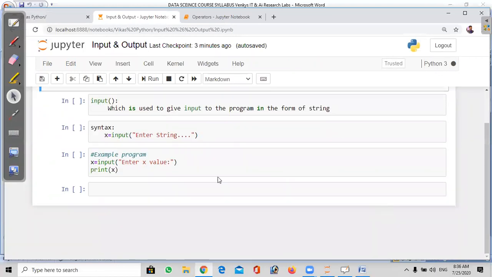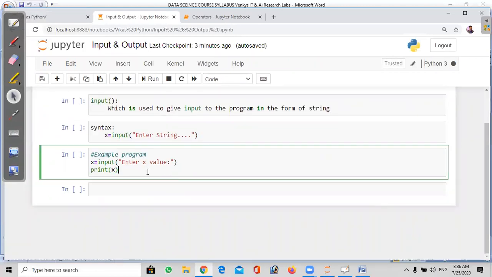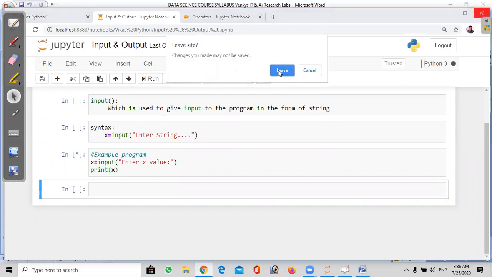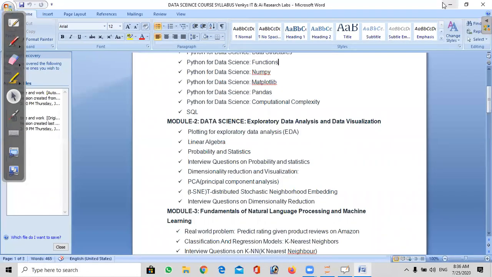Oh, it's not saved. I need to open Jupyter again. It's running a background process.